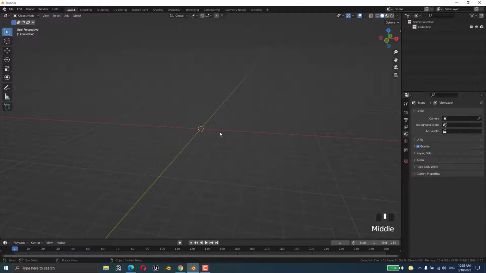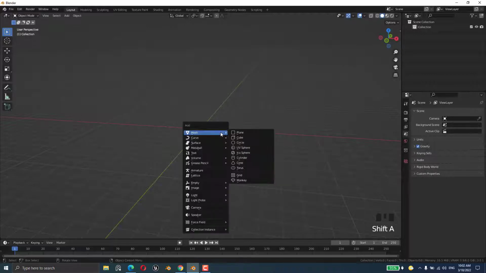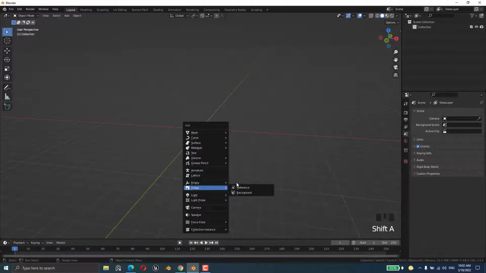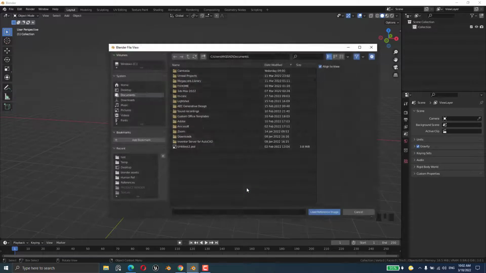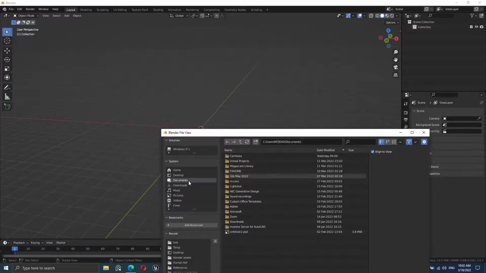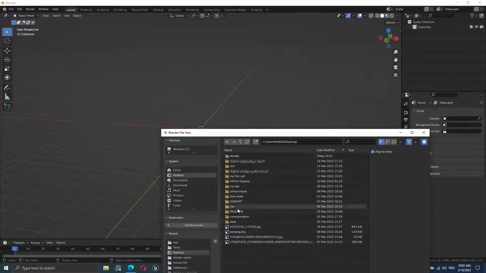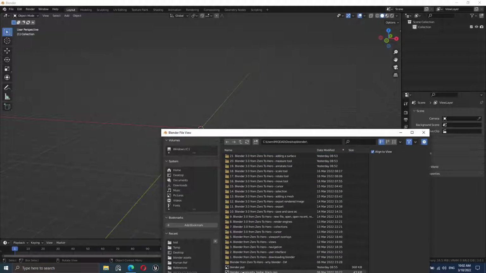So if I want to add an image, I'll press Shift A and go to the image. We have reference and background. Both of them are nearly the same, okay? So let's add the reference, and let me go to the desktop. On the desktop I'll go to the Blender. In the Blender we have